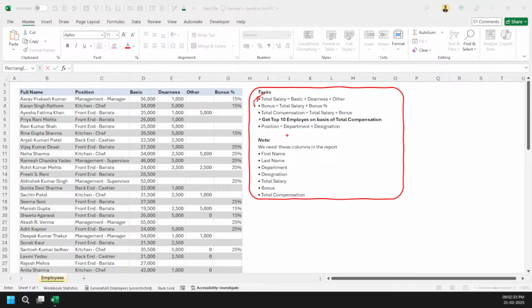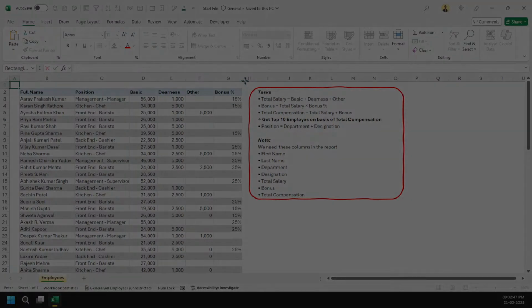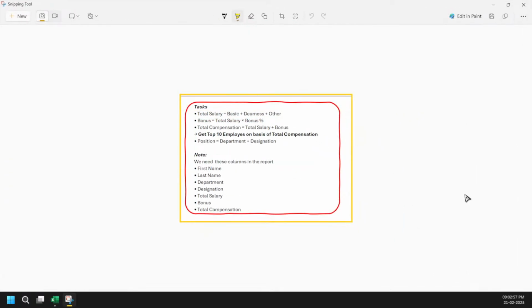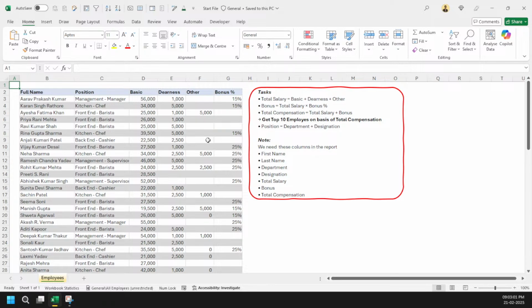Okay, so what I will do here is click this picture so that we don't deviate, and in the meantime I will keep it on myself like this. Got it? So that we don't get diverted. Let me import this data now, and I am just showing you this one table only.